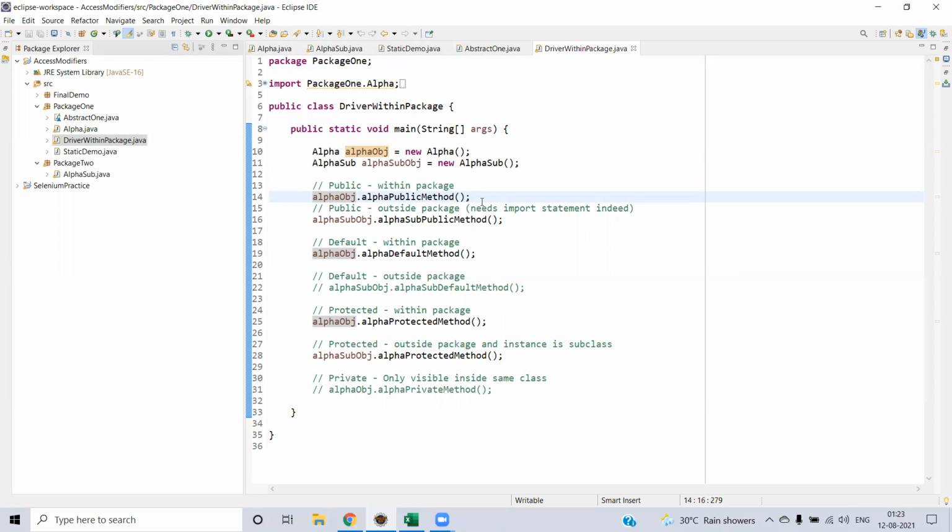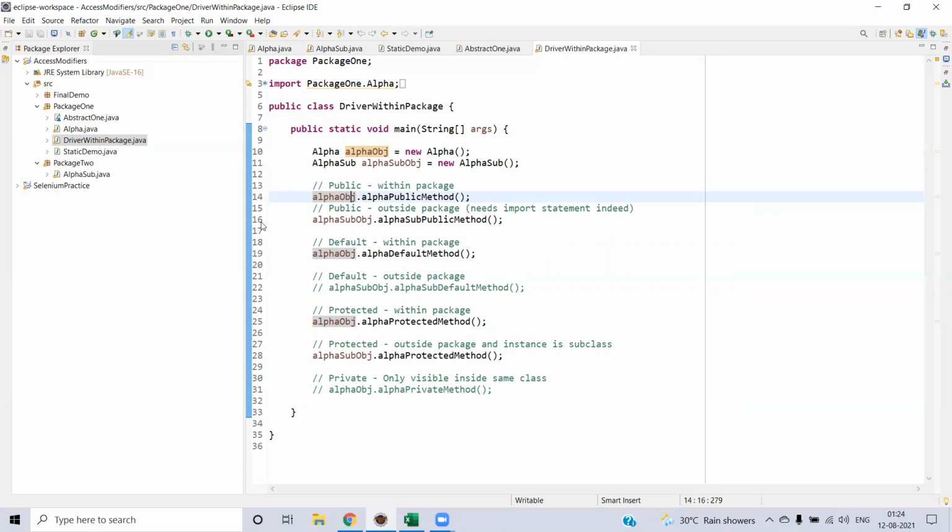Here is something to be made very clear. If you want to access any instance method, you need to have an instance for that. We know that instance methods and static methods can be differentiated. If you have the static keyword in front of the method, it is static; otherwise, it is called an instance method. So wherever you have an instance method, you need to create an instance of the specific class in order to access that method. But where you create your instance, from where you are accessing the method, that will be considered the access level. For example, in order to access the alpha public method, I need to create the alpha object, which I have already created.